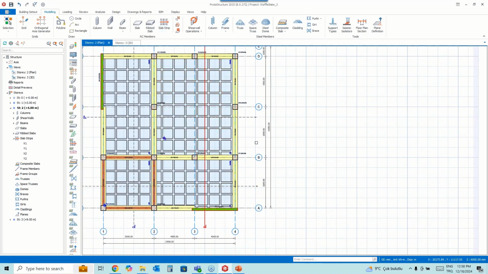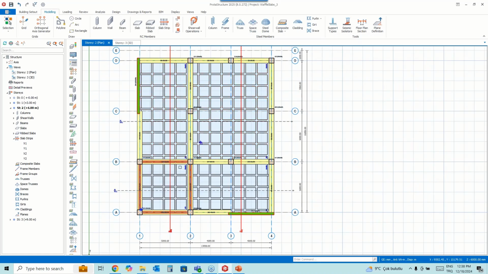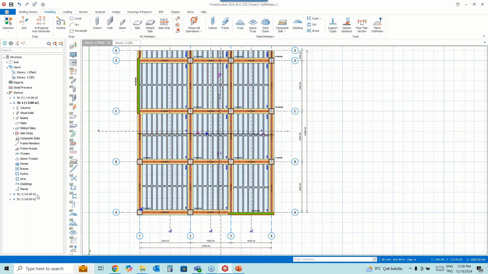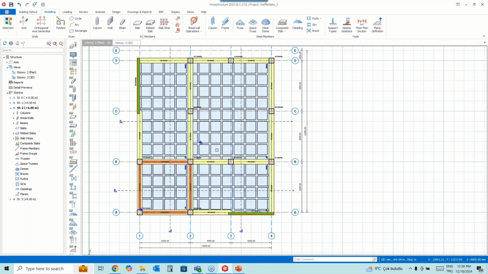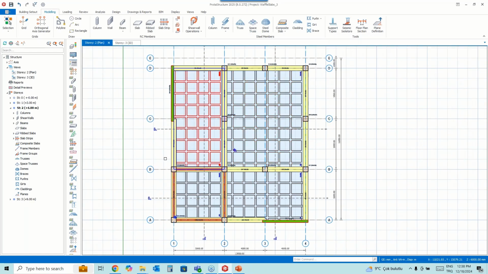So after this, of course, for this story we can also insert manual strips, but I will not, because I showed this at the first story. For topping concrete, you can also insert manual strips in this story as well. So what we can do in here, we can take the results from the analysis model with the ribbed slab analysis button.